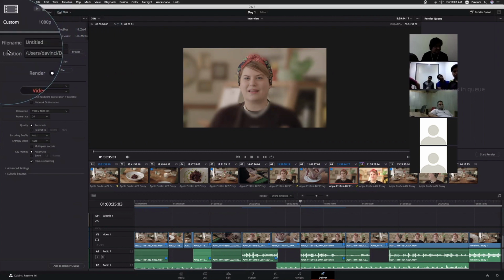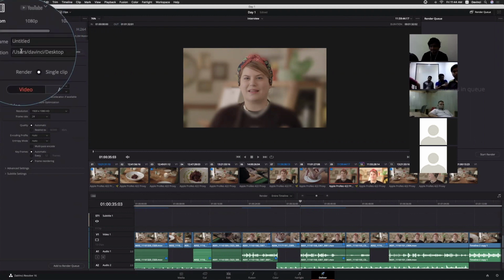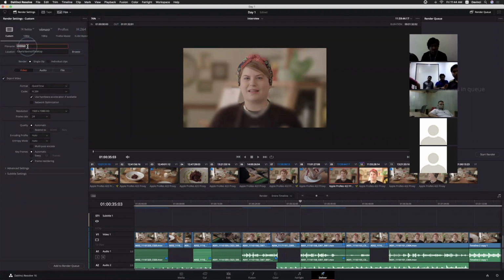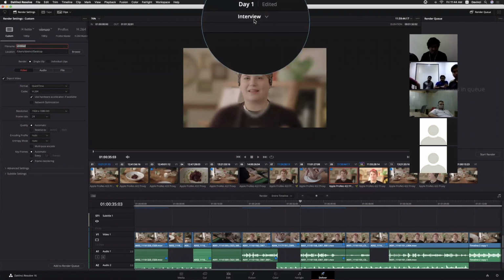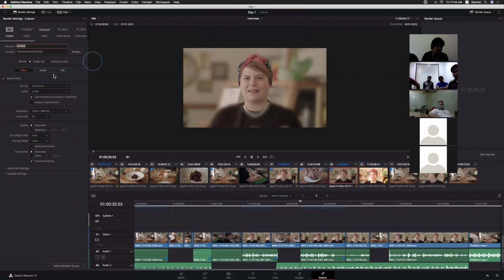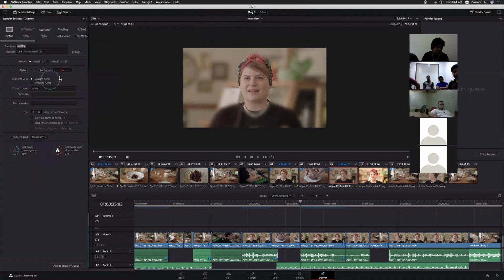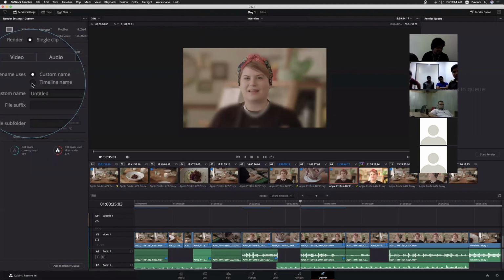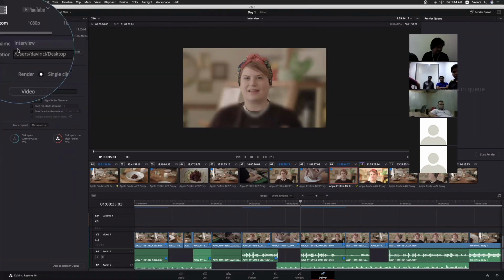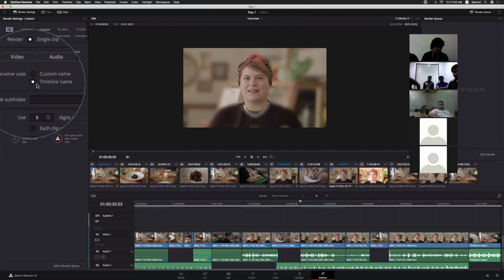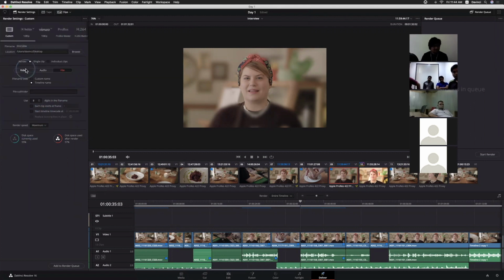So within the render settings portion, the file name and everything, these are the basic things, right? Now let's say I'm just adding the same name, timeline. Even whatever name we added to the timeline, it will automatically add that. You can change that under the file section. For file, you can select timeline name. When I select timeline name, it will automatically use whatever name we added to the timeline instead of typing each and everything. So I'll make it as the interview only. So just go back to the video.